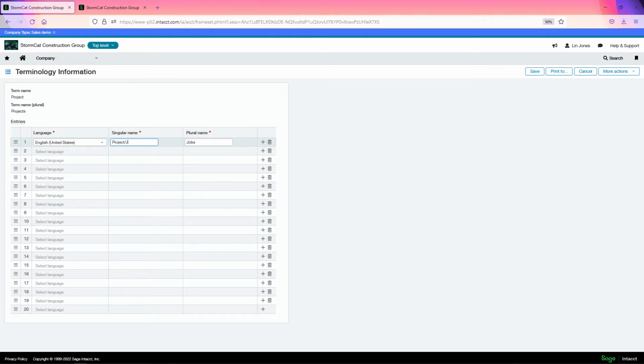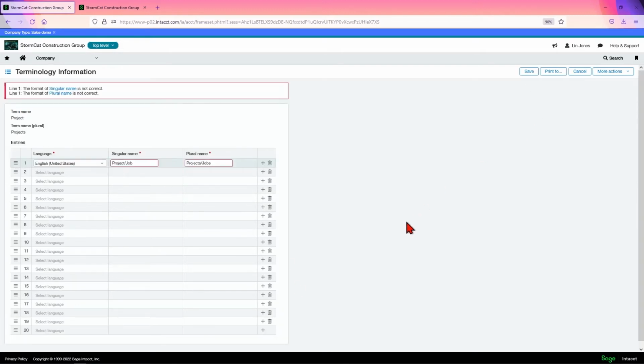Project, job, tab, projects, jobs. And that way it makes a little bit more sense from what I've been saying about everything else. It does not like that little / there. So you could do underscore. Do we like underscore? No, I really don't like it.